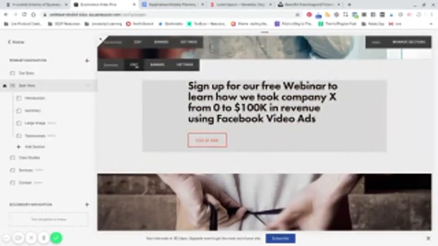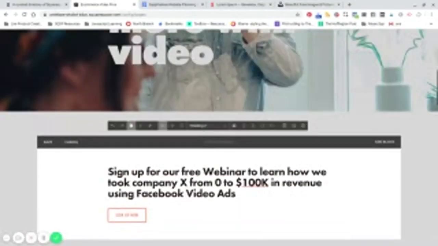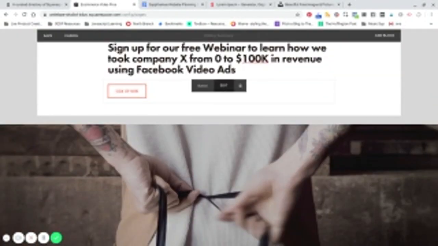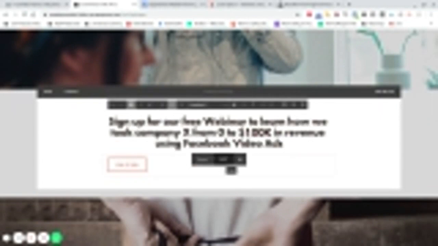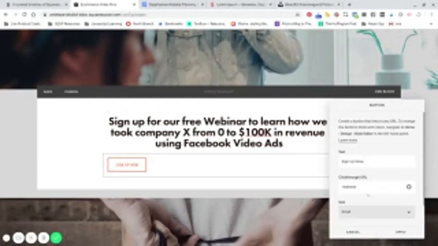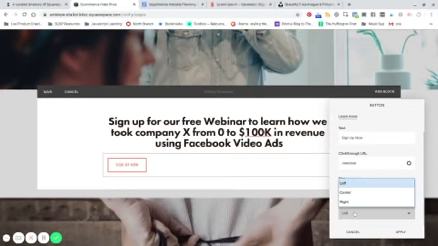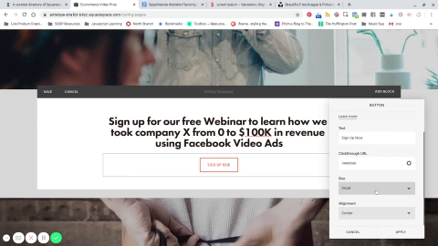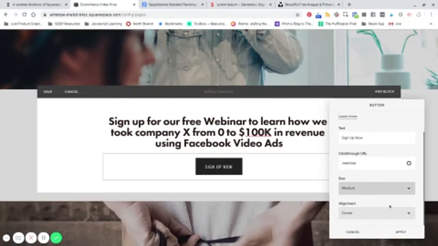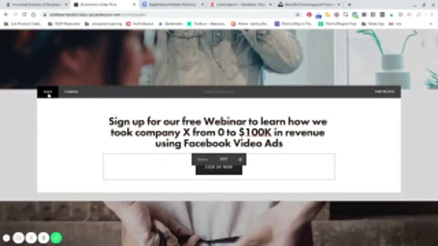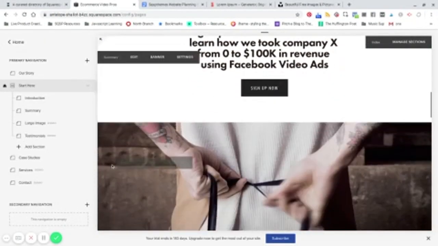Okay, and actually I'm not happy all the way. So I'm just going to keep everything on this single scroll site. I'm going to keep everything centered. And I'm going to make our button centered. So if I go to edit the button, I can change the alignment to center. And I can also change the size, and each size has its own settings, which I'll show you a bit later. So I'm going to leave it at the medium size, hit apply, hit save, and I'm going to change